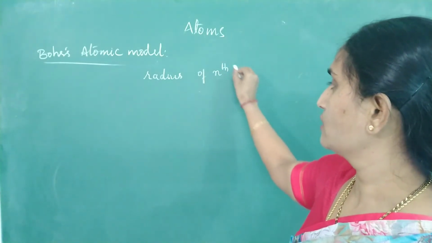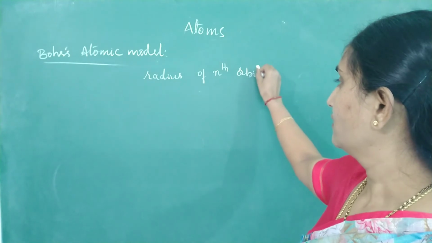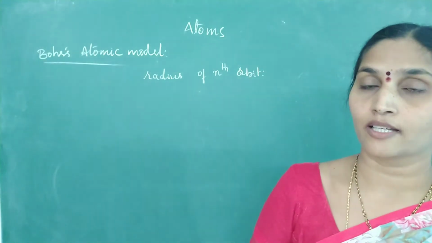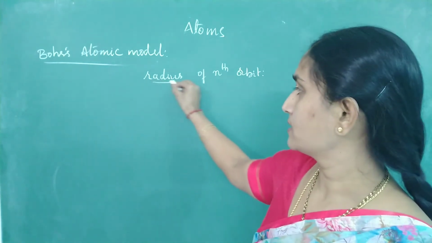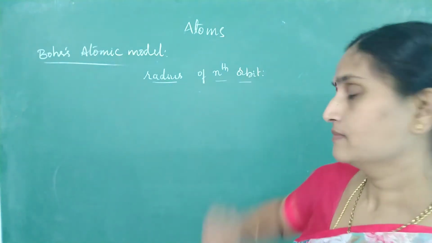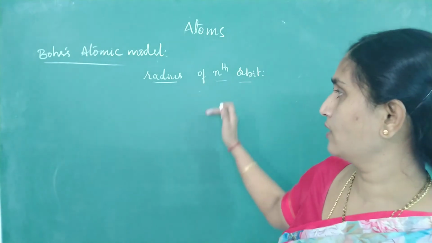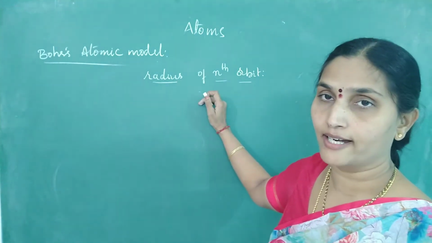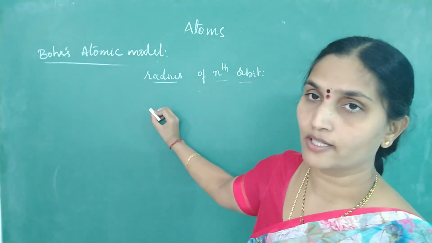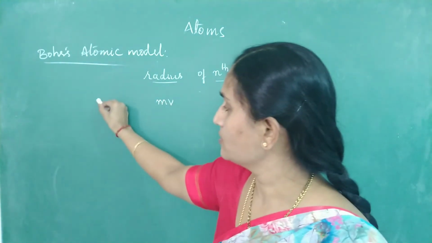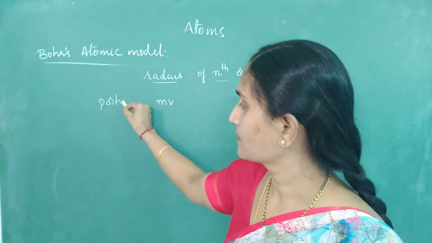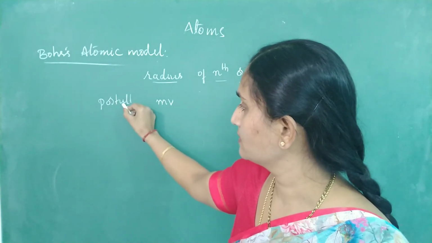Okay, similarly we will also find out velocity of electron in an orbit, its kinetic and potential energy, and so on. So first let us start with radius of nth orbit. To find out the radius of nth orbit around the atom, start with the first postulate. Now, what was the first postulate of Bohr's atomic model? So from postulate 1, this is all mathematical relation.